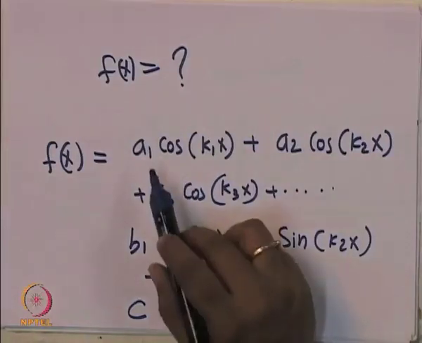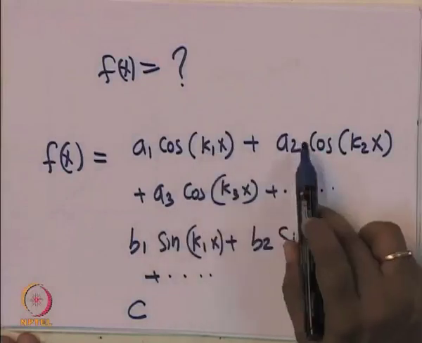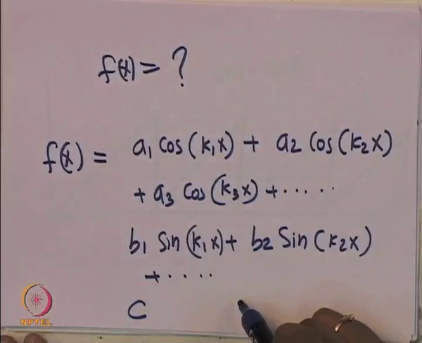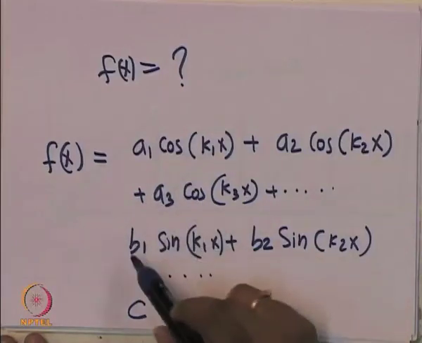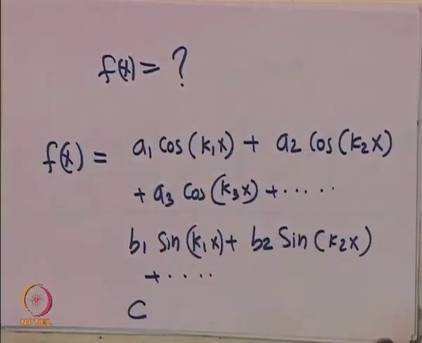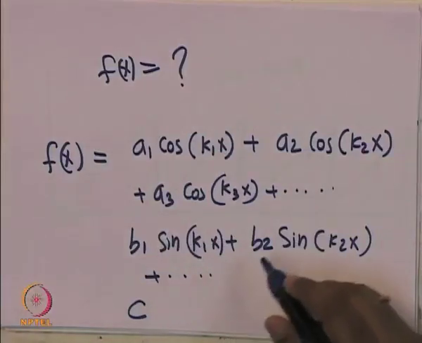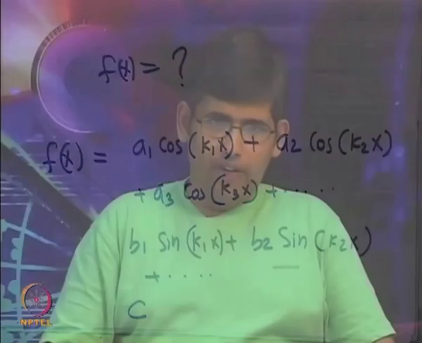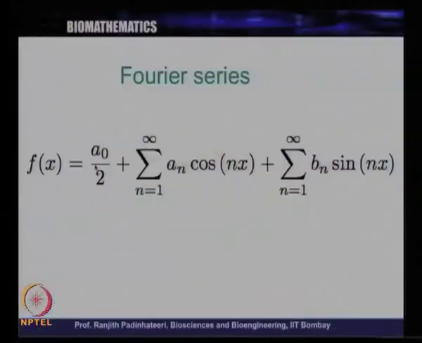So the claim is that if you take some particular values for a1, k1, a2, k2, a3, k3 and all that, and c, b1, b2, b3, the function can look like either a square wave or a sawtooth wave, or any periodic function can be represented something like this. So that is the claim. Let me repeat it once more. In general it is written something like this. Any function f of x can be written as